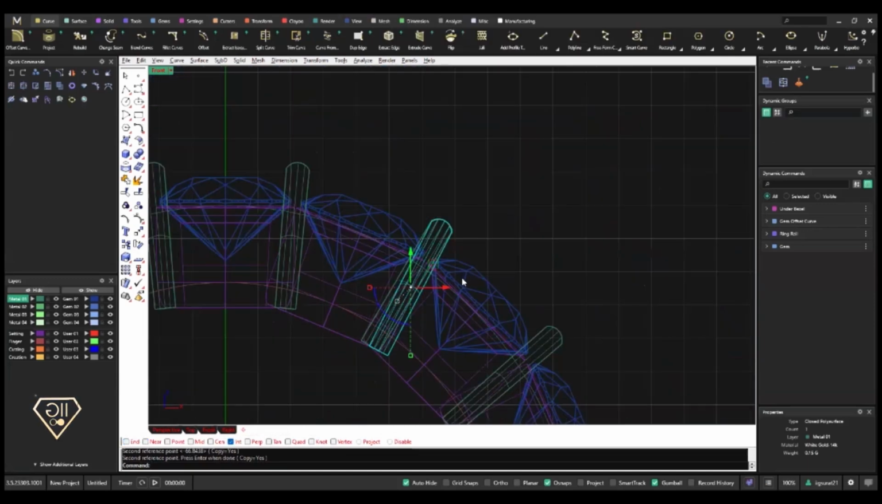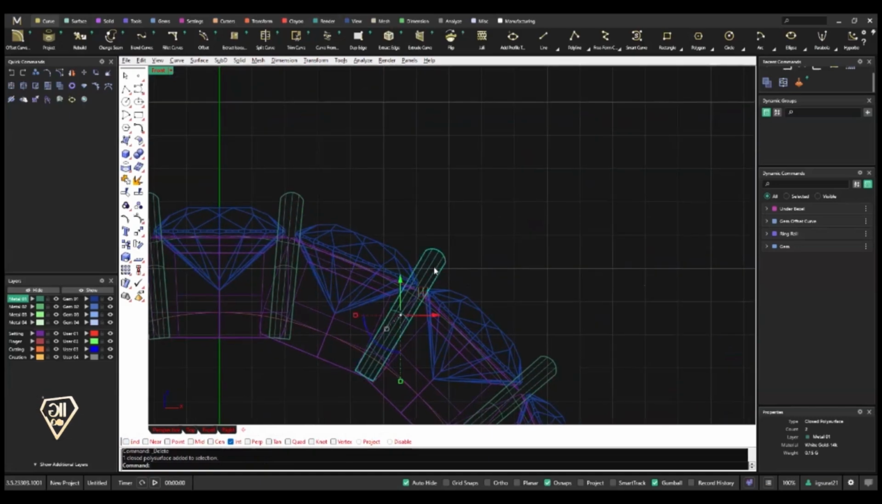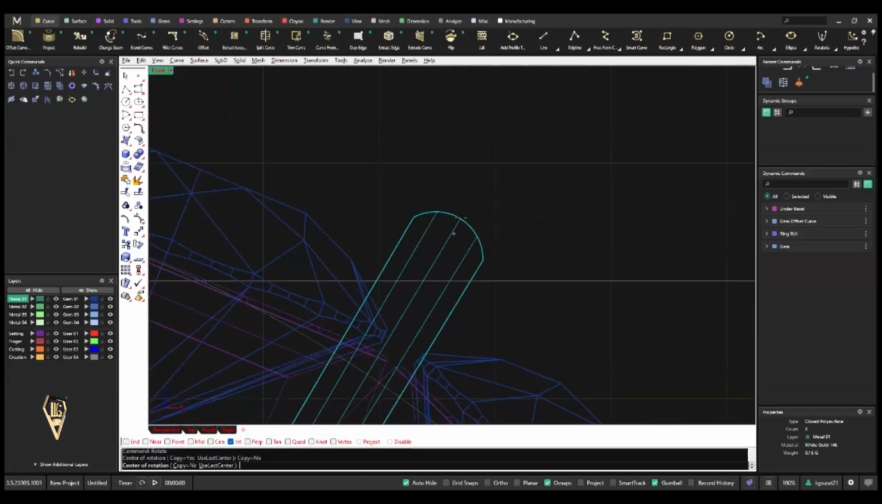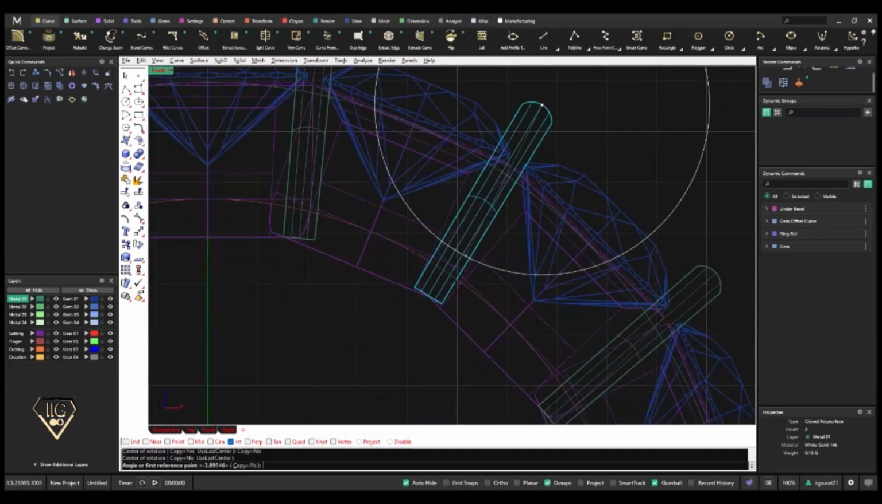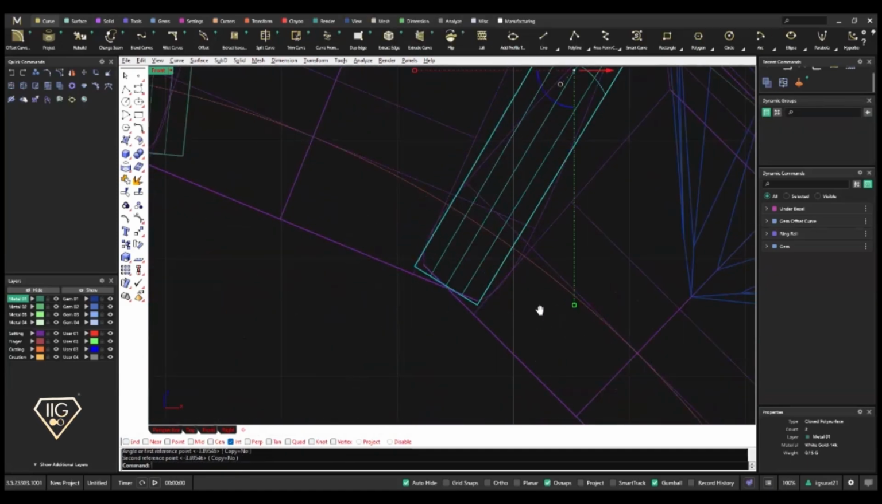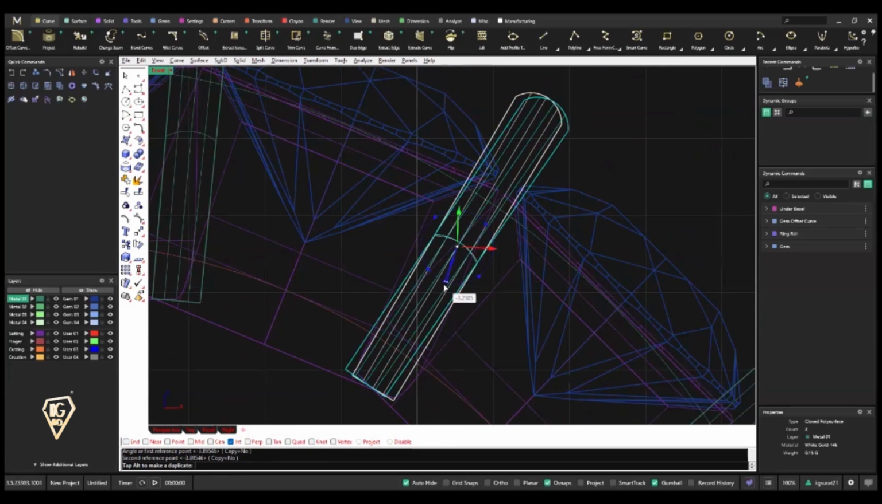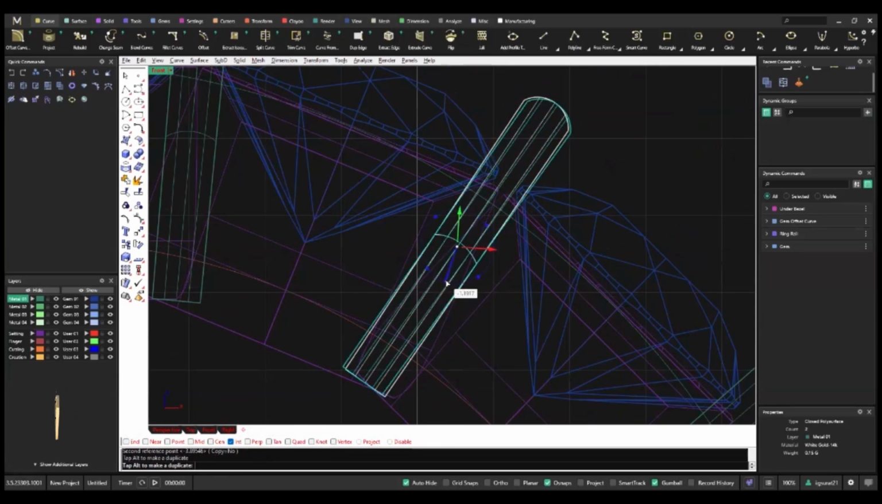Okay, our copy is on, that's the reason. Okay, so again rotate, copy as no from this part. Okay, now we'll just rotate this thing properly and